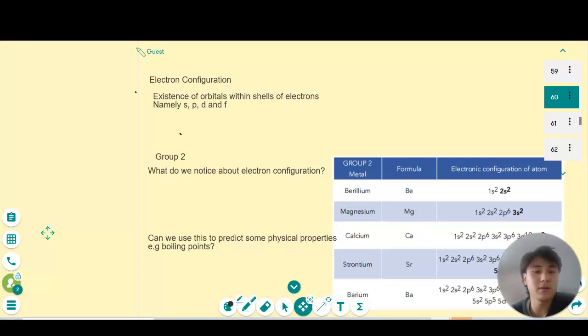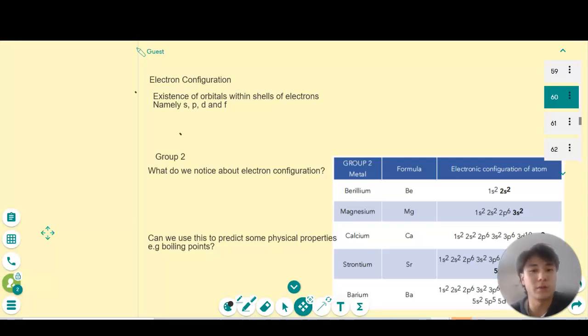My name's Leon, and today I'm going to be talking to you a little bit about electron configuration, and then we'll be diving deep into the electron configuration of Group 2 and how it can affect some of its physical properties. So firstly, some background knowledge to be able to approach this topic is